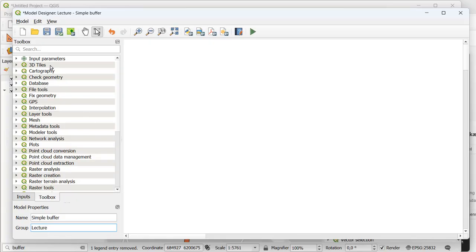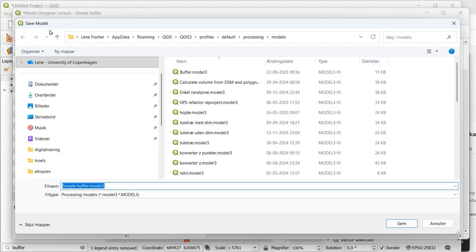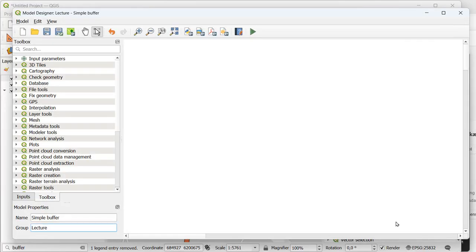Now I want to save this here, choosing save model. It will be saved in my app data, under a lot of places you normally don't go and see, but I'm going to save this here as a simple buffer. I choose save,